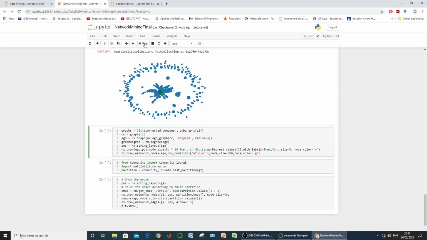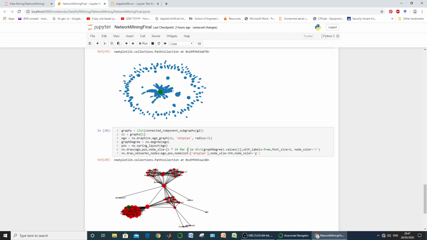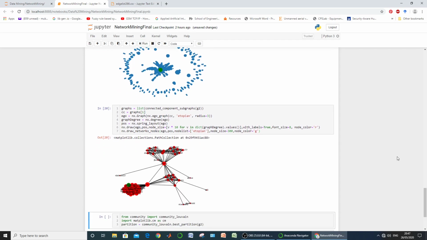If we execute this statement, it shows that our ego graph is of this nature. Here is the Etopian node, and all the other nodes are connected at distance at most 3: this node 1, this node 2, this node 3, this node 1, this 2, and this 3, this node 1, this node 2, and this node 3.